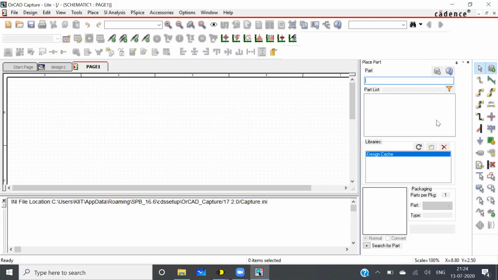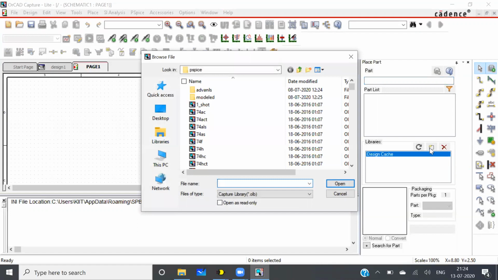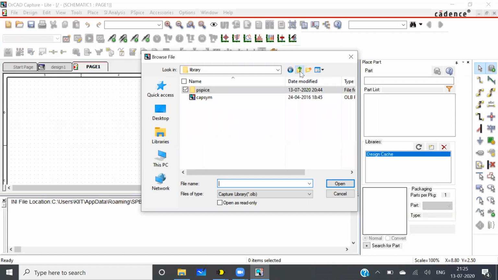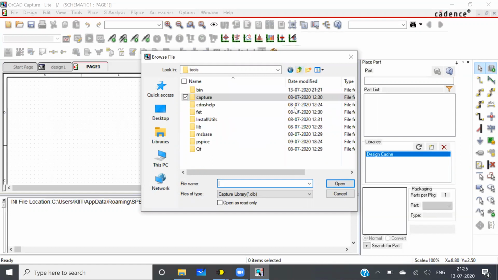So to first add the libraries, I need to go to this. This is the add library option. To add the libraries, for me it was by default.